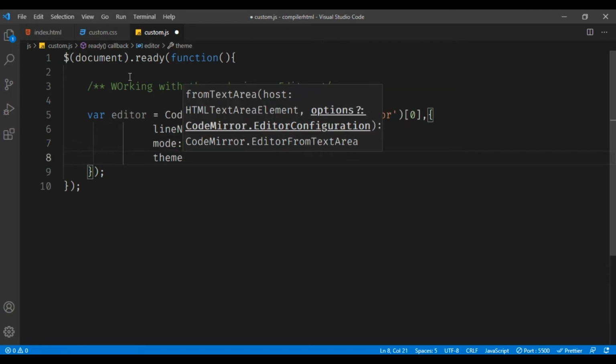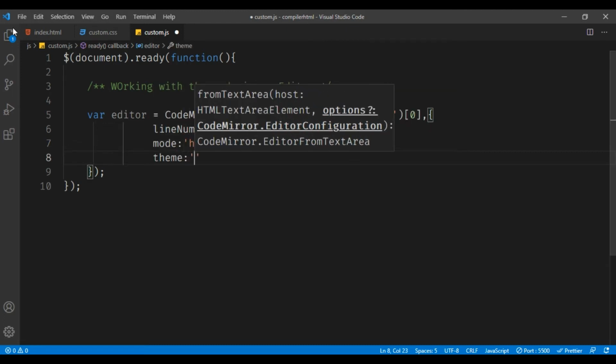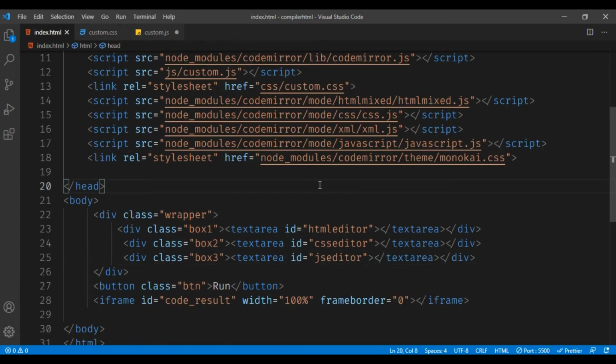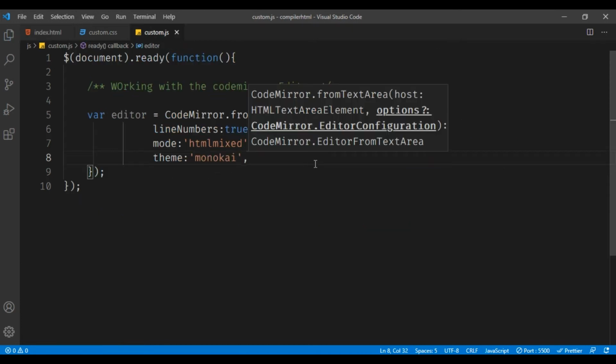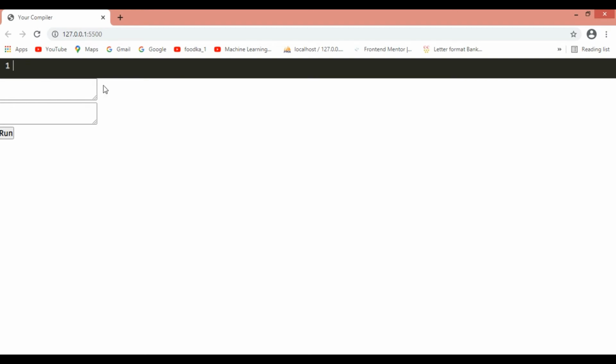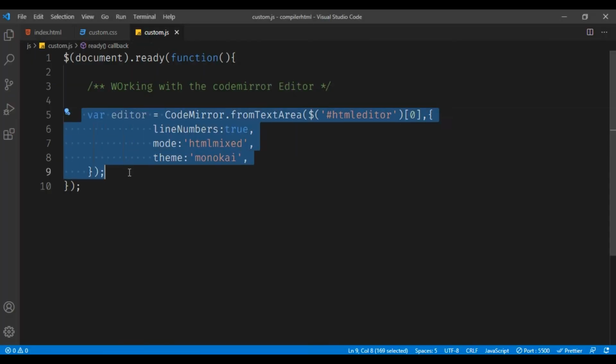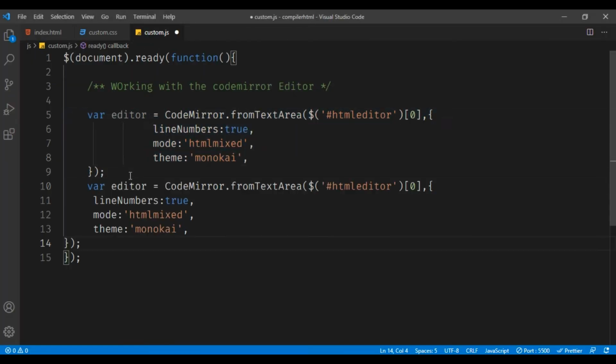Theme, there's another thing, first theme. So let me first copy the name of the theme. It's Monokai. So let me run this thing. Okay guys, you are able to see the theme has been implemented, but let me first complete the logic part, then I'll start with designing.